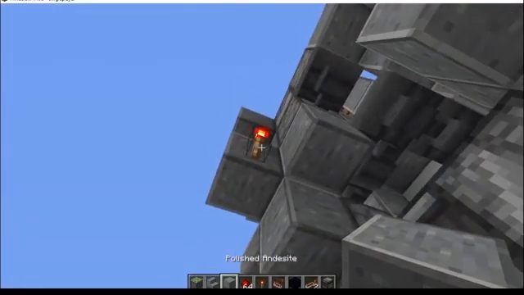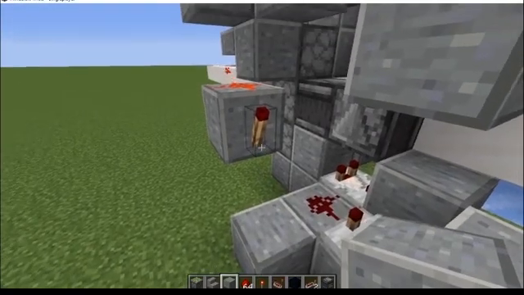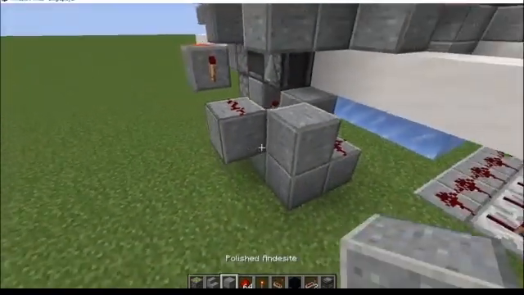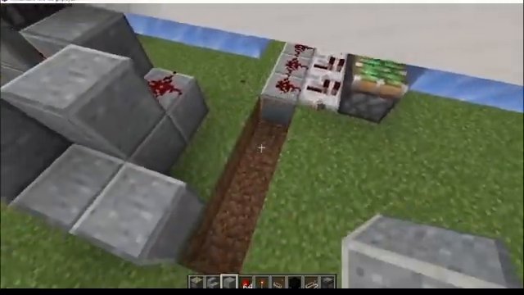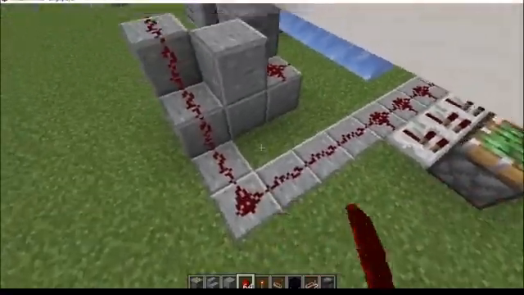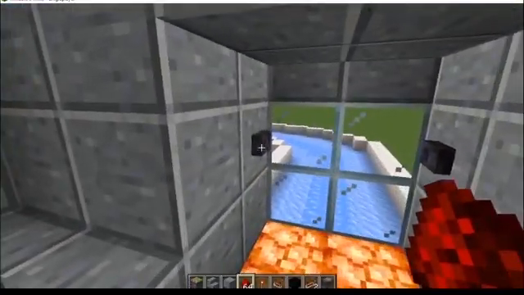Redstone torch, down a couple blocks, another redstone torch, and then after that redstone torch, you're gonna place a redstone dust right there, going into a longer line, just like that. So what that circuit will essentially do is, after you press this button,